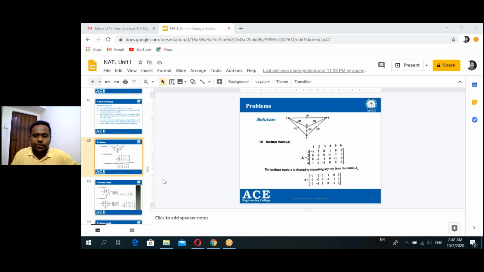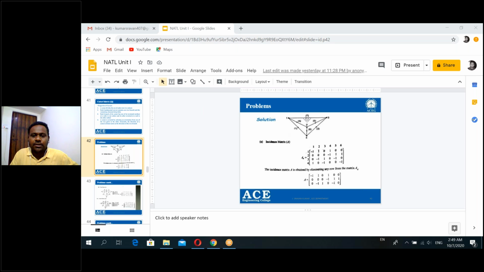So, students, at least listen very clearly today so that you can cover the previous two sessions also. While solving the problems, I will also explain the properties of each matrix, so that you can easily write the properties of each of the fundamental matrices. Right? Now, the first problem.